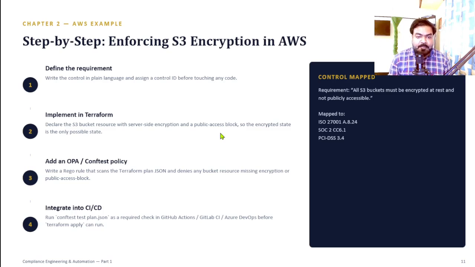Step by step, enforcing S3 encryption in AWS. Let's apply that loop to a concrete AWS example, enforcing S3 bucket encryption. Step 1, define the requirement and assign a control ID before writing a single line of code. Step 2, implement it in Terraform. Declare the bucket with server-side encryption and a public access block baked in. Step 3, add an OPA or Conftest policy, a Rego rule that scans the Terraform plan and denies any bucket missing encryption or public access block. Step 4, integrate that into CI/CD by running Conftest as a required check before Terraform apply is ever allowed